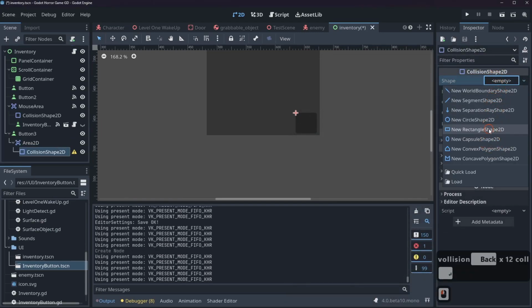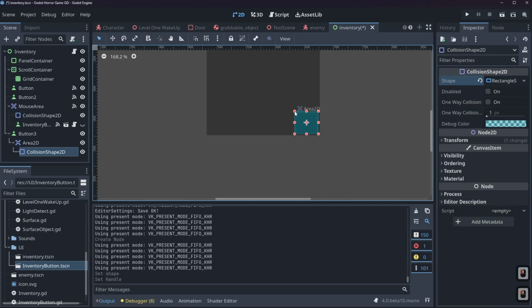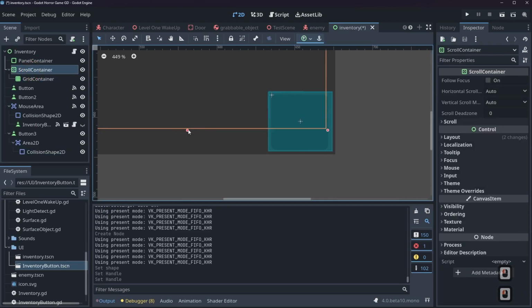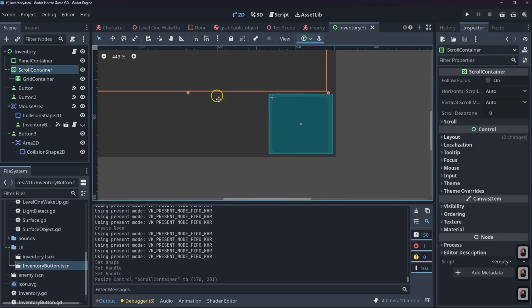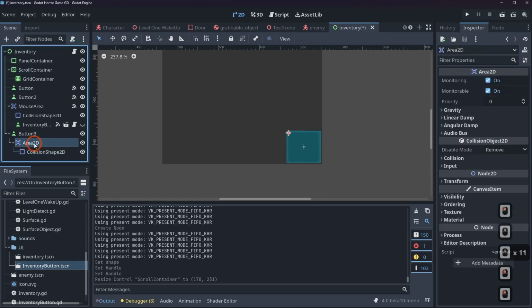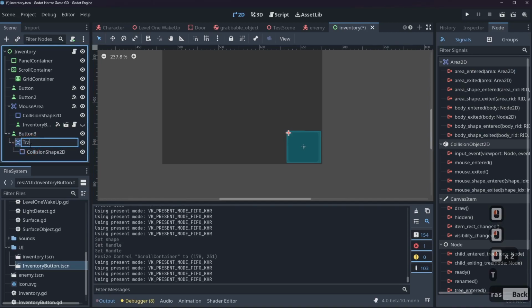And then I'm going to make that into a rectangular shape, about yay big, give or take. And if we drag our scroll container up just a tiny bit, that way we have a small little shelf here for this. I can grab my Area2D, and I'm going to name it trash